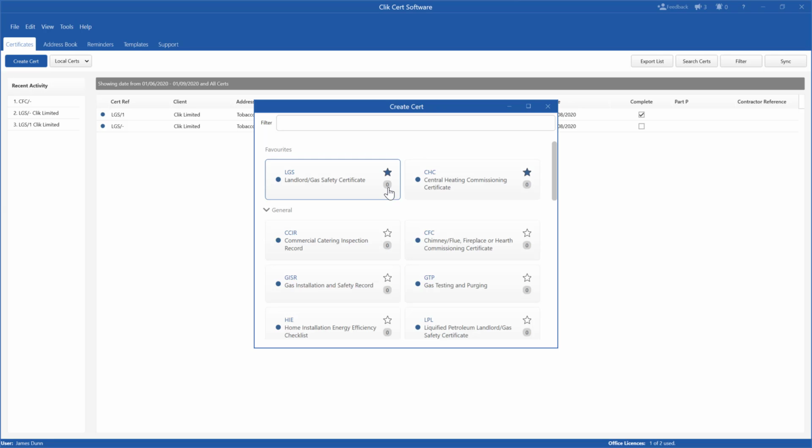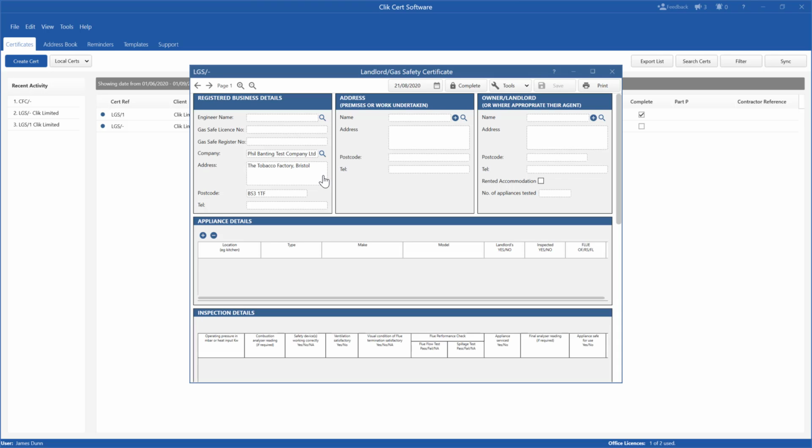You'll also notice there's a little 0 here, and that just means remaining numbers. You don't need to worry about that because these numbers are free anyway and it can be your numbering. What we're going to do is we're going to click on Landlord Gas Safety Certificate, and then we're going to